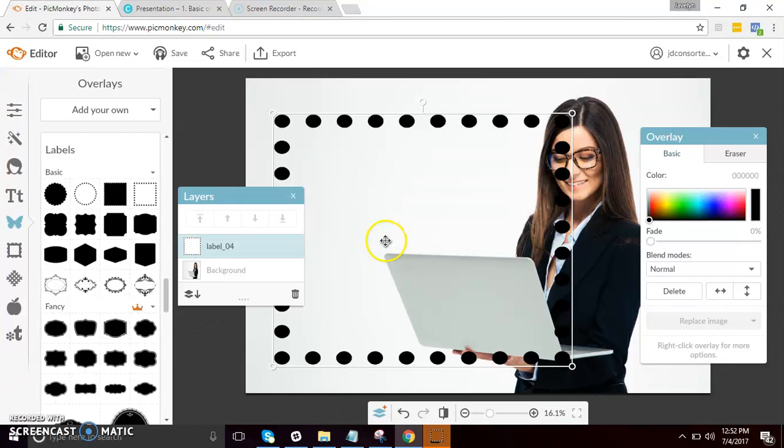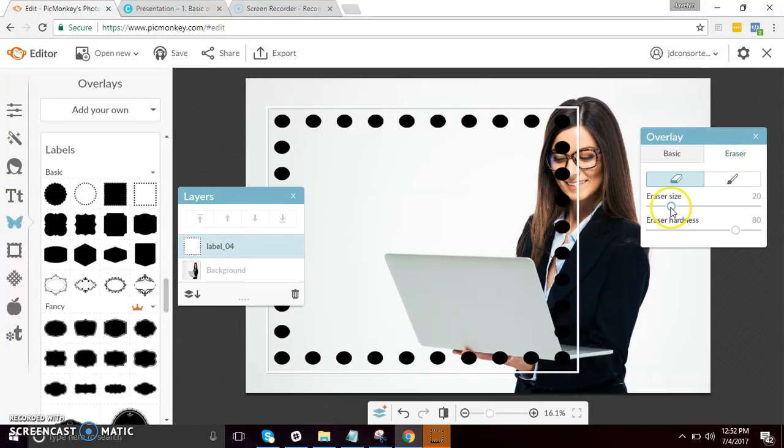Now, as you can see, a part of the overlay is on top of our lady here. You can erase that area by going to the overlay tab. Click on erase, and you may change the eraser size and hardness, and then click on the area that you want to erase. Here, as you can see, the circles that covered the image are now removed.